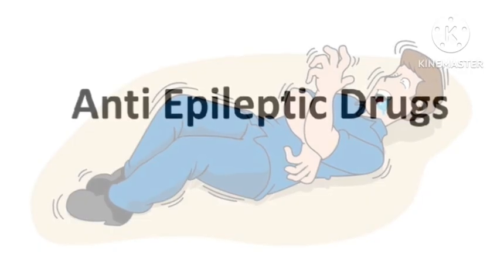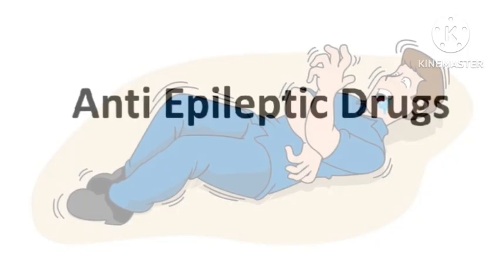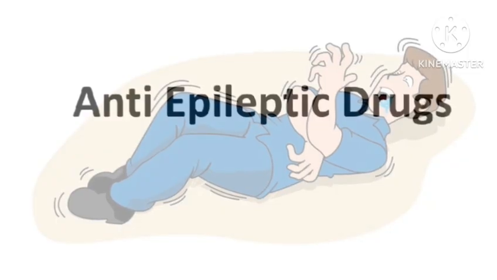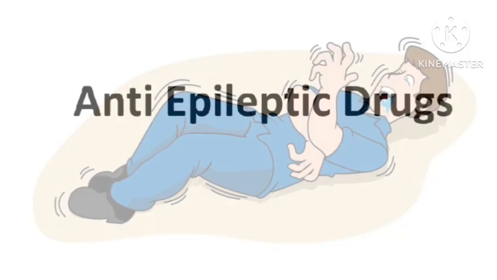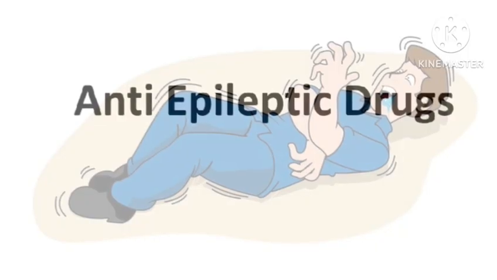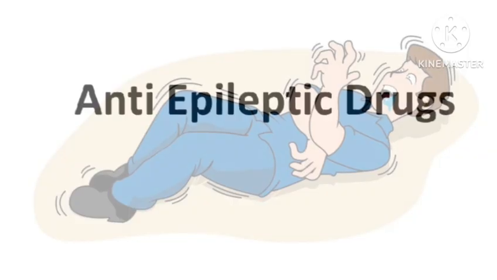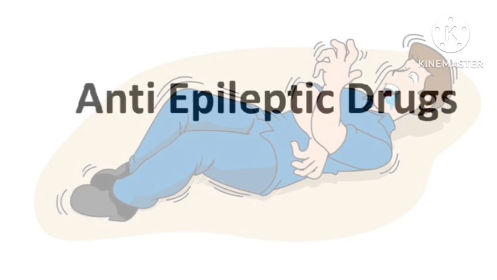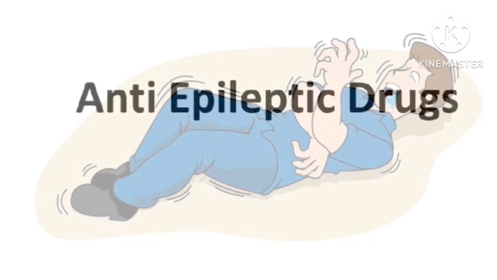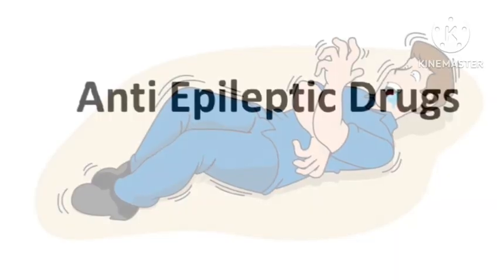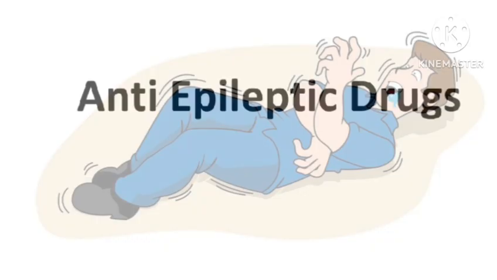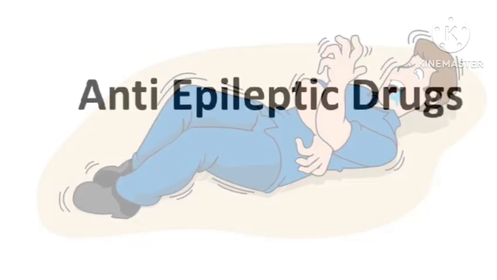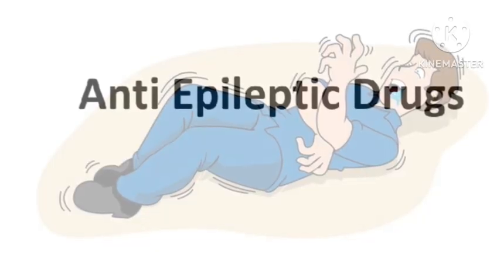So today we are going to understand what epilepsy actually is, why seizures happen, what happens inside the brain during a seizure, why anti-epileptic drugs are needed, how these drugs control abnormal electrical activity, and different types of seizures, important drugs, mechanism of action, uses, adverse effects, clinical examples, and some memory tricks, and some real life understandings. And also, we want to see about patient counseling and emergency management. By the end of this class, you will not only remember the drugs, you will actually understand them. So, let us start from the basics.